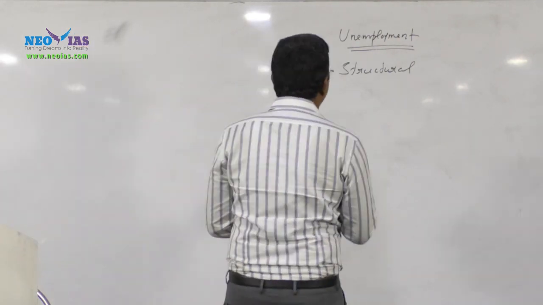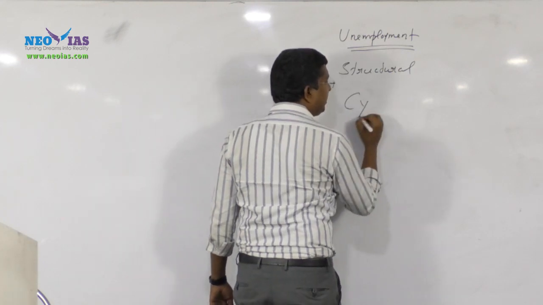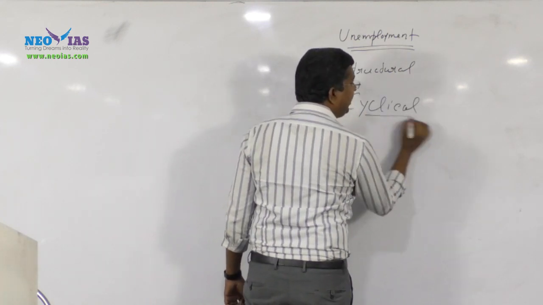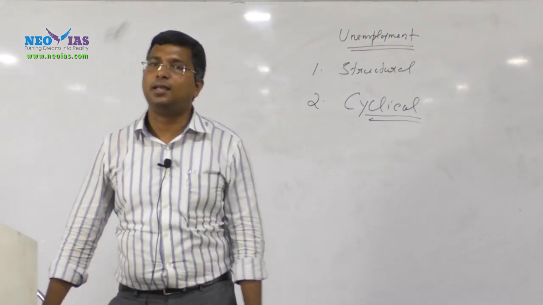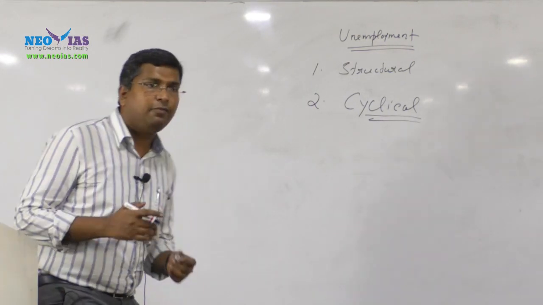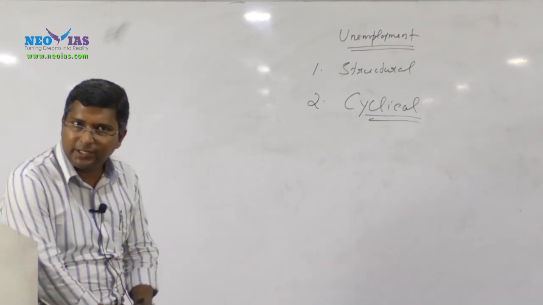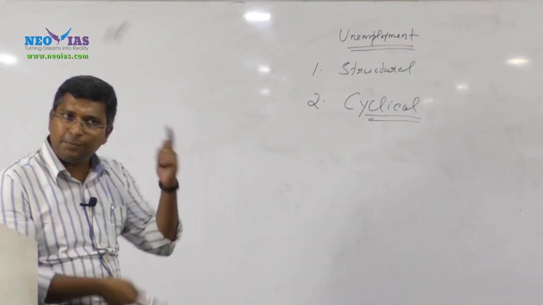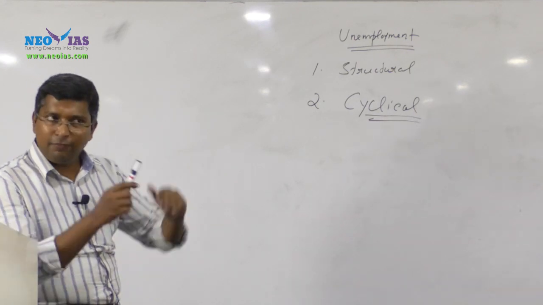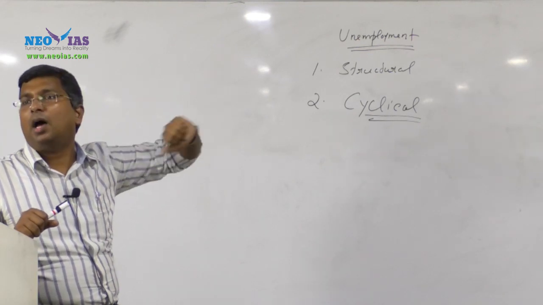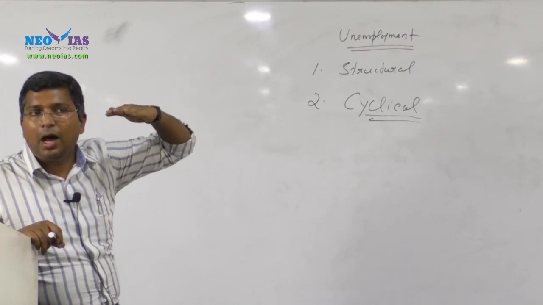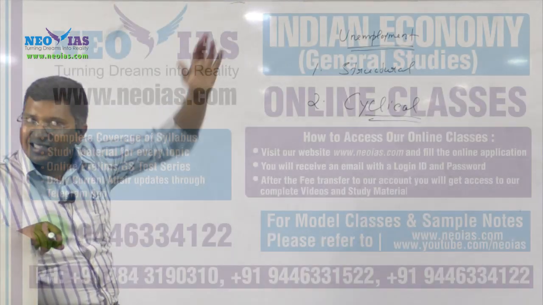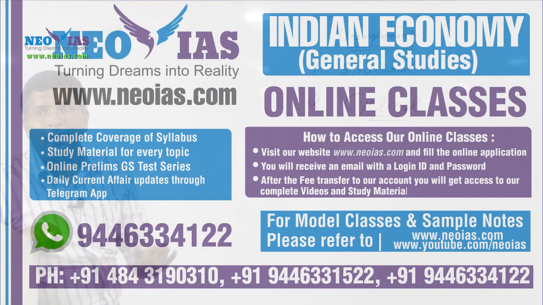Second, regarding cyclical unemployment. Cyclical, not the cycle, but in economy there is a business cycle. When we talk about cycle or cyclical in economy, it is the business cycle. What is the specialty of a business cycle? We have seen different stages: there used to be boom, then slowdown, then recession, then depression. So during recession and depression time,